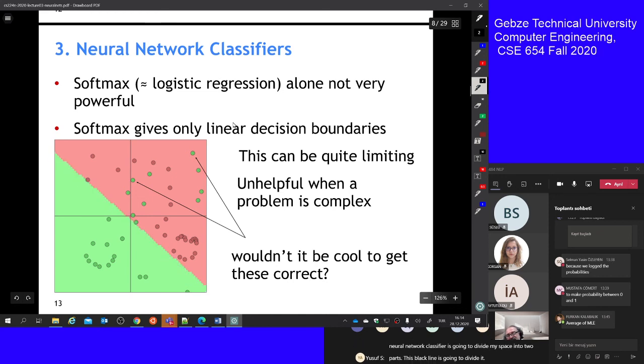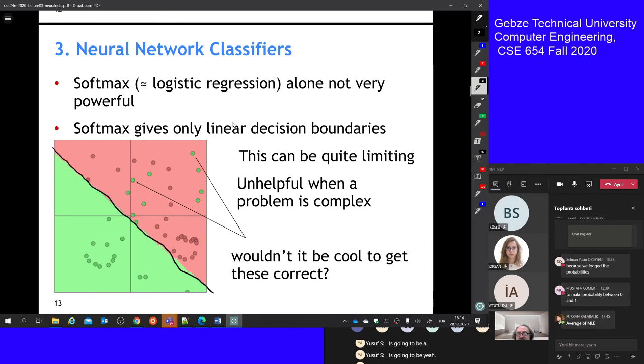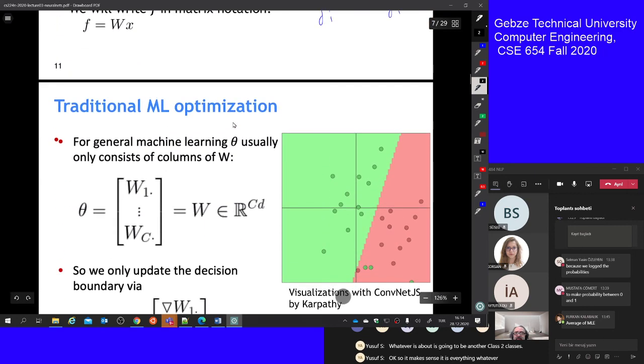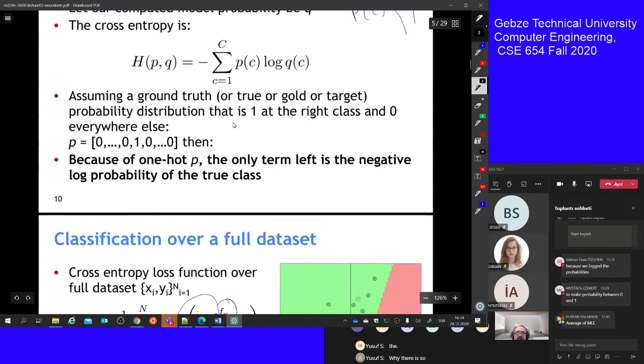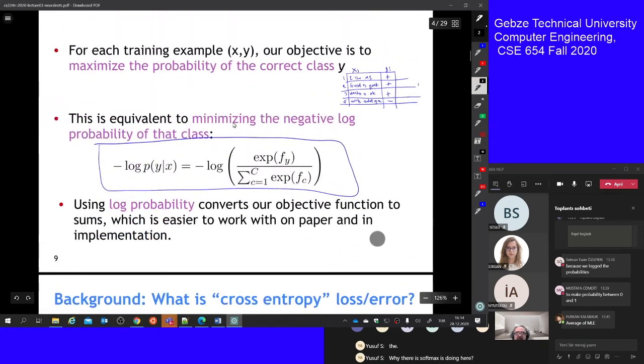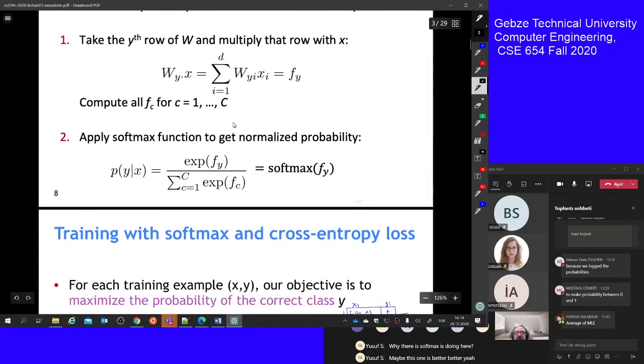Whatever is under this black line is going to be one class. Whatever is above is going to be another class, so 2 classes. Okay, Softmax, since it is everything, whatever Softmax is doing here, maybe this one is better, yeah. Whatever Softmax is doing,